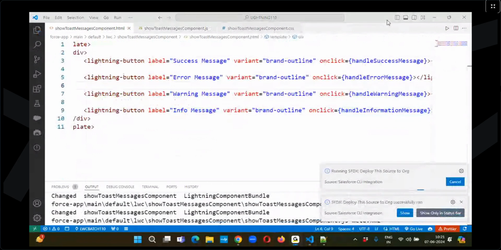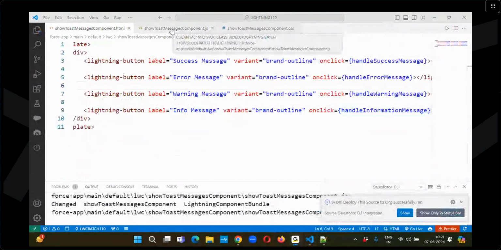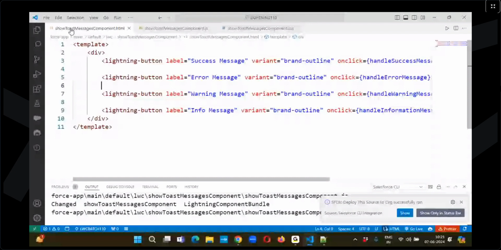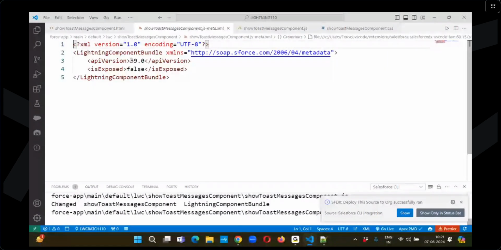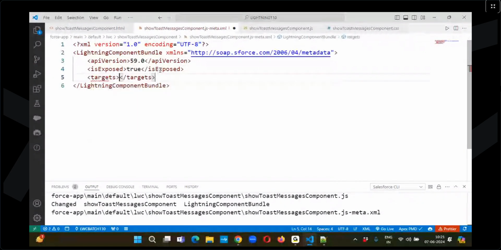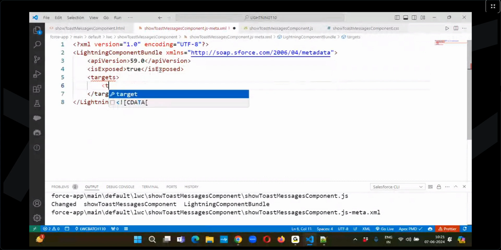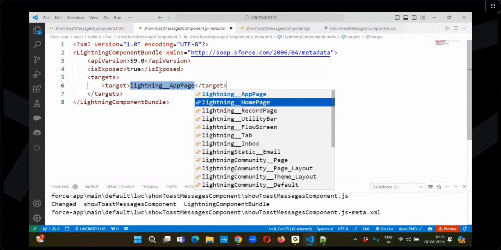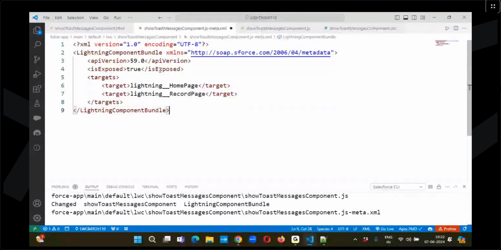Now once the component is ready with the required business logics, then we have to reference the component inside your Salesforce org. So go to the metadata file, access the component. isExposed equals true. We need to add targets. Here we are adding a target like home page, and target record page. These are the two places in which I would like to access my Lightning web component,